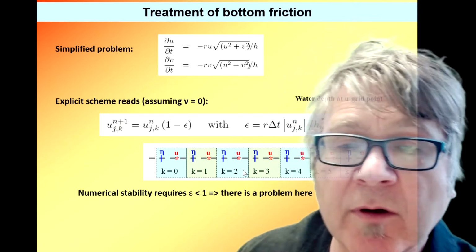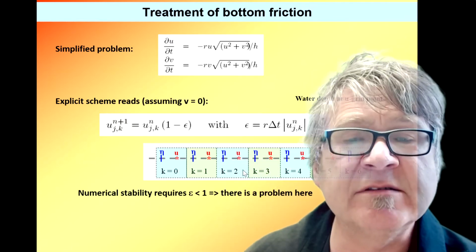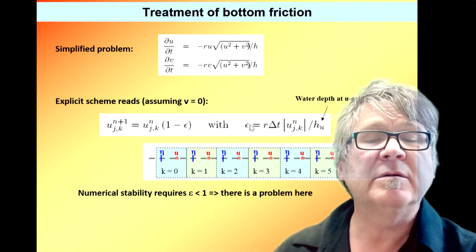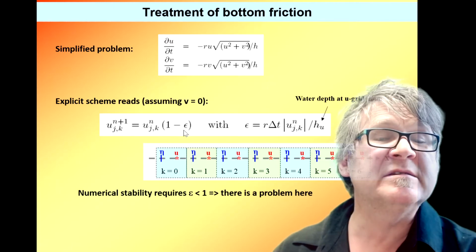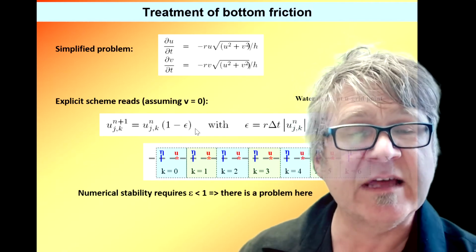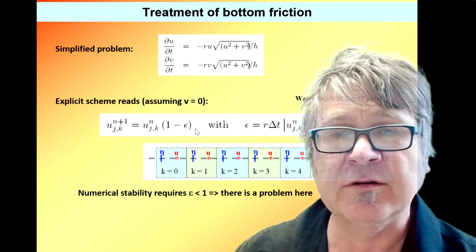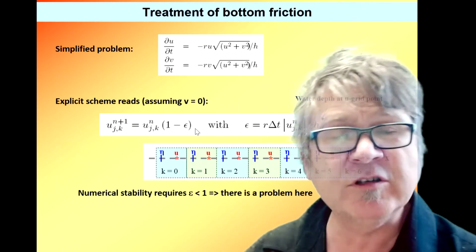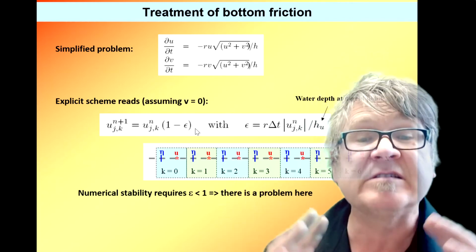But now what's the problem? Okay, the problem is, what could happen is that this epsilon exceeds 1, and if this one is larger than 1, all of a sudden 1 minus something larger than 1 reverses the sign. Okay, so instead of the friction always reducing the speed, all of a sudden you get a positive acceleration. So you get a reversal of the direction all of a sudden, which is absolutely nonsense. So in terms of numerical stability,